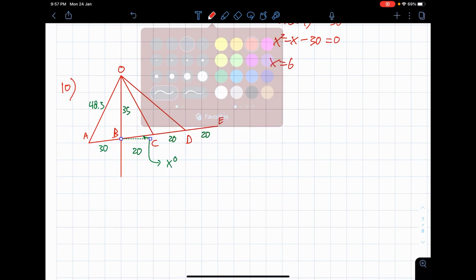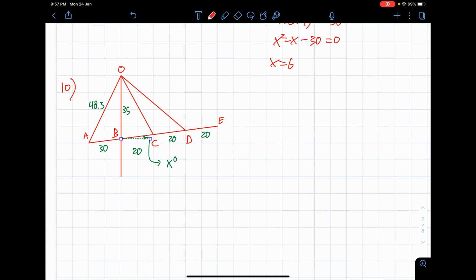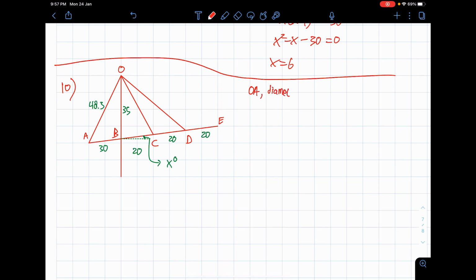Okay, I think that should be good enough. Each of them is a cable. I mean cable OA, cable OC, and cable OD. So OA, let me just separate this question. OA has a diameter of 64 millimeter. OC and OD have a diameter of 44 millimeter. I think this is all the information that I'm going to need. There's also a table and whatnot, but let's just ignore it for now. I'll need you to refer to it for a few parts of the question later on though.